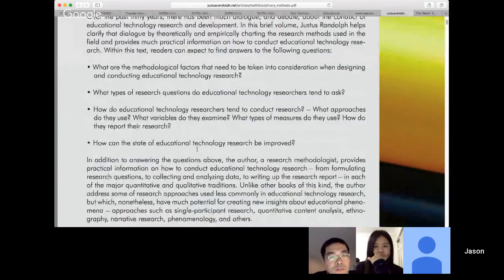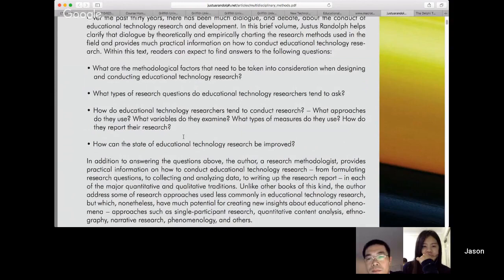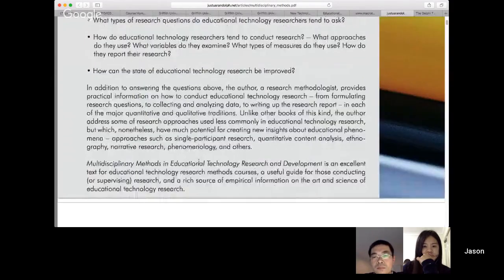Okay, thanks. So there's four main aspects. The methodological factors, these are the ways that the research is done. The types of research questions, the technologies that are involved in the research. Of course, remember here, we're not talking about all forms of educational research. We're talking about educational technology research. So this is to do with research around the impact or the effects of the use of technology in education. And then generally how the research can be improved. Of course, all research can be improved by various methods and processes. And they're the four aspects that are looked at in this particular study.